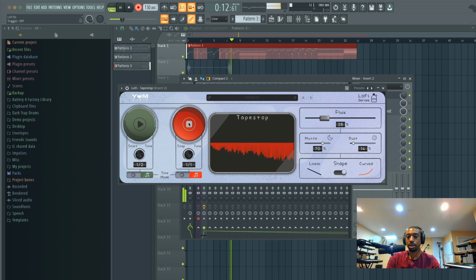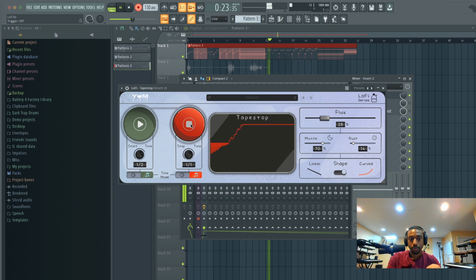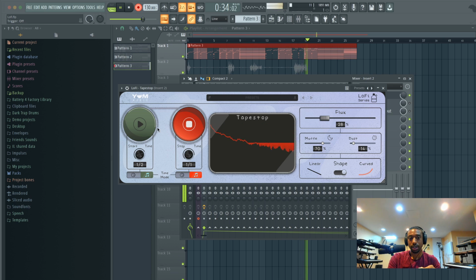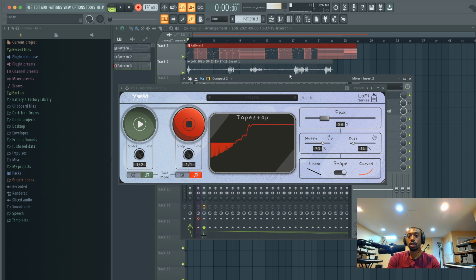You can actually hit the stop button multiple times. So this is a long chord. I forgot it recorded my voice as well, so I'll delete that. So this reminds me of those SP404s where you press the button and it creates that effect. Okay, so now we have that recorded. We can hit stop. And now it recorded all those movements.